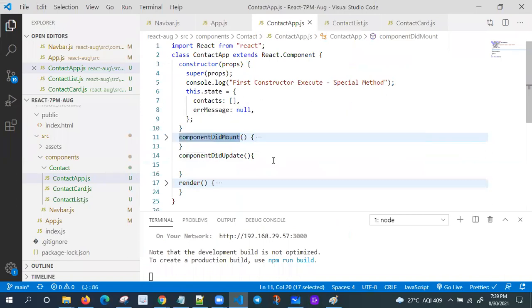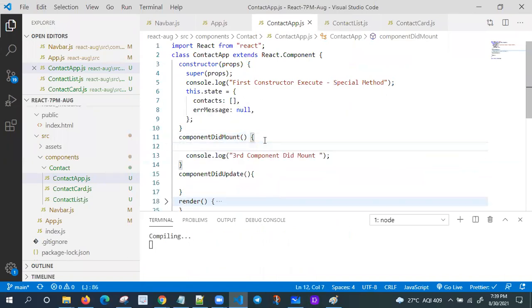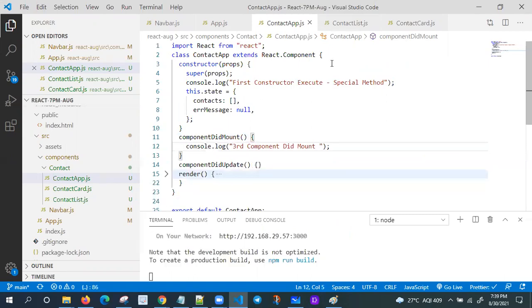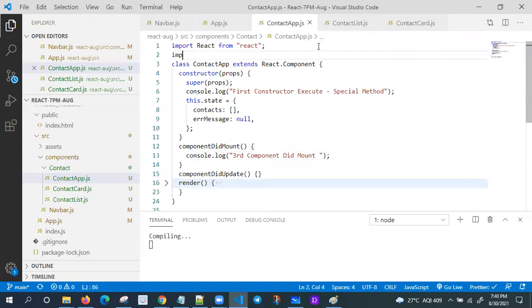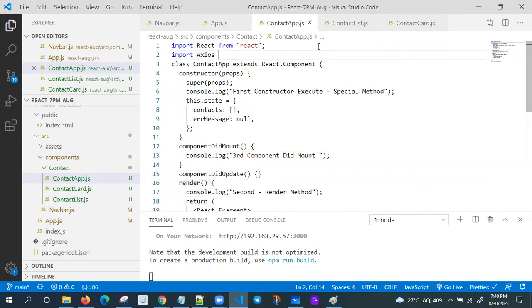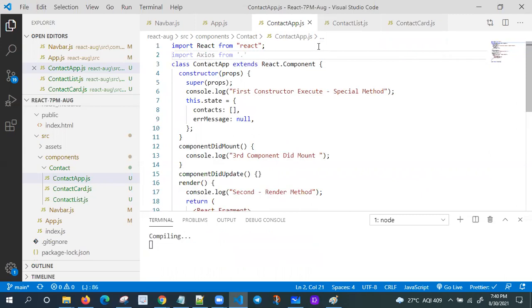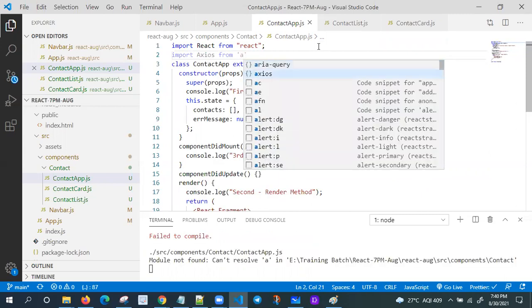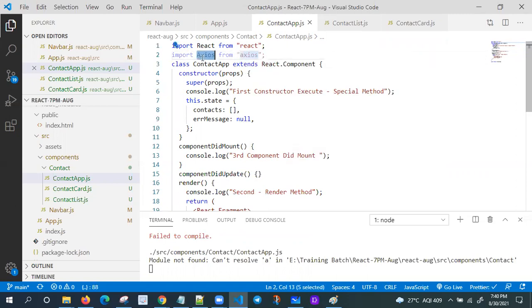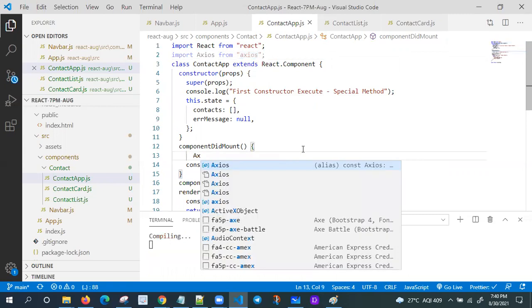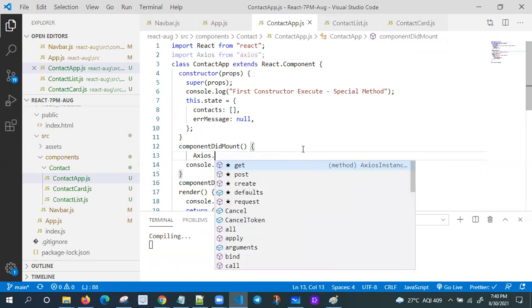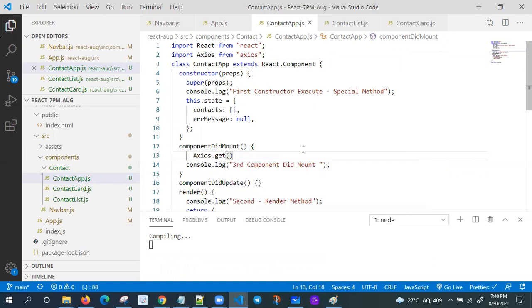In here only I'm going to use it. I am going to import Axios from the axios package. Axios dot get, because I need to consume my API, then dot then, and dot catch for any error.